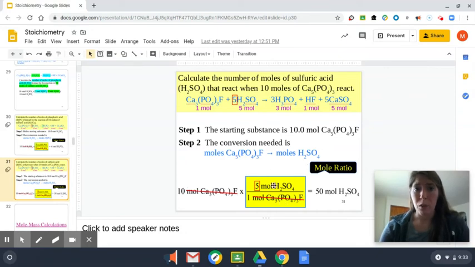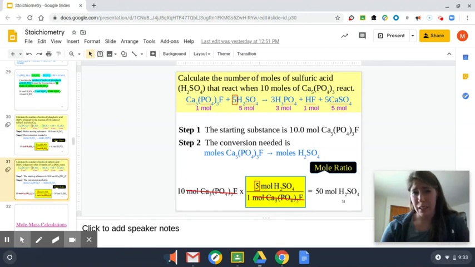And then we set up our mole ratio, keeping the desired on top, which is sulfuric, over the start. So it's 5 moles. I pull that right from the problem, over 1 mole. Again, I pull that right from the problem. So 10 times 5 over 1 is going to give you 50 moles of sulfuric acid. Now, the reason why that makes sense is that for every 1 mole, and this is easier math that you guys can see in your heads, for every 1 mole of calcium phosphate,